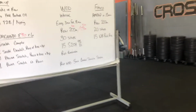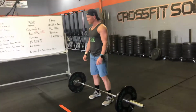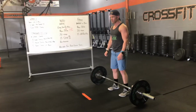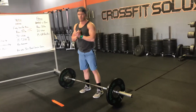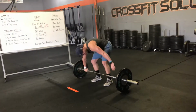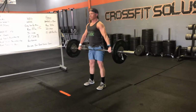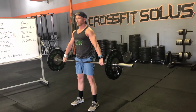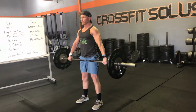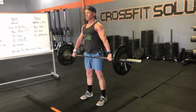So I have Chris over here. We're gonna demonstrate this and then we're gonna go through the points of performance. So once we tell the class what we're doing, you're gonna actually demo it with a pipe or a bar. So he's gonna go ahead and get his snatch grip and just deadlift the bar all the way up. And we're going to reiterate, making them have the snatch grip and make sure the bar is at his hip, okay? From this point, we just wanna make sure they understand how to get into the bar to their hip